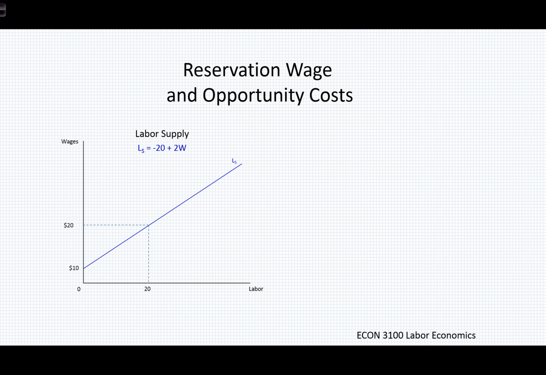Well, let's think about then the concept of reservation wage and opportunity cost. We may have referenced this in an earlier module, but if we look at our basic labor market model here with wages and labor on the y and x axis, and an upward sloping labor supply curve, we have to think about what we're being told right here, where this supply curve transects the y axis. Here we see that at a wage of 10, there are 0 workers that present themselves to the market. That would suggest that in this market, the reservation wage